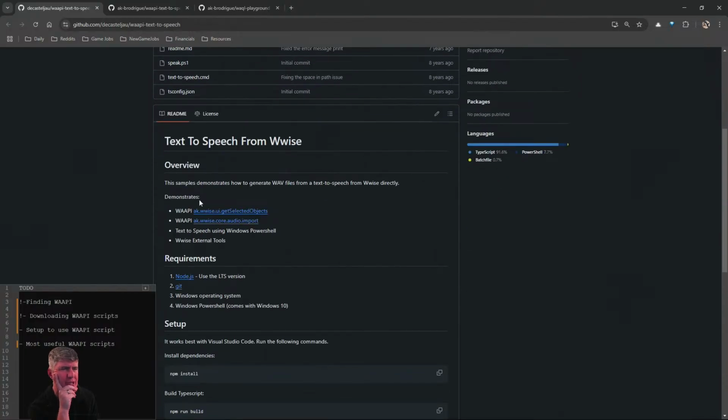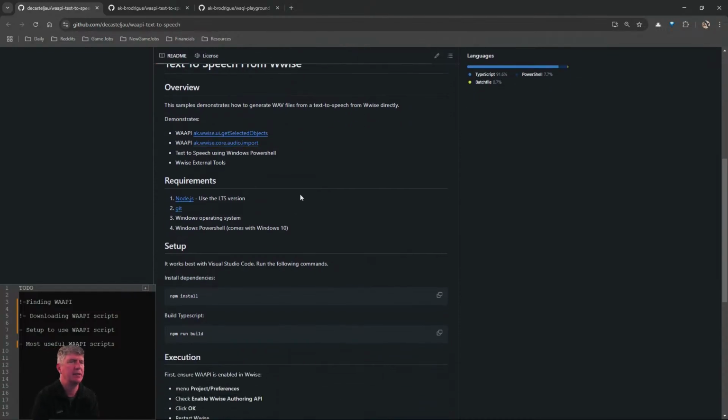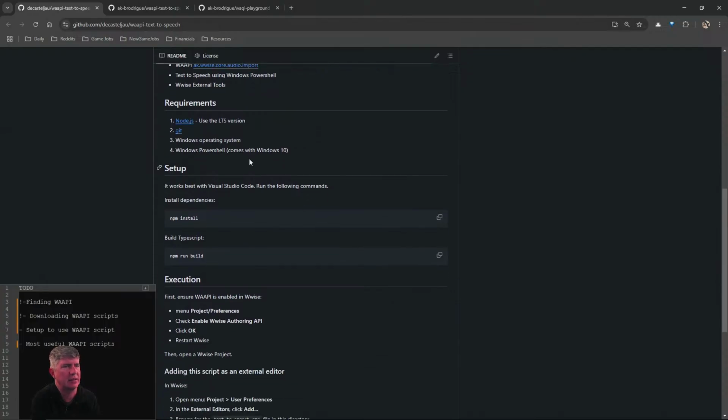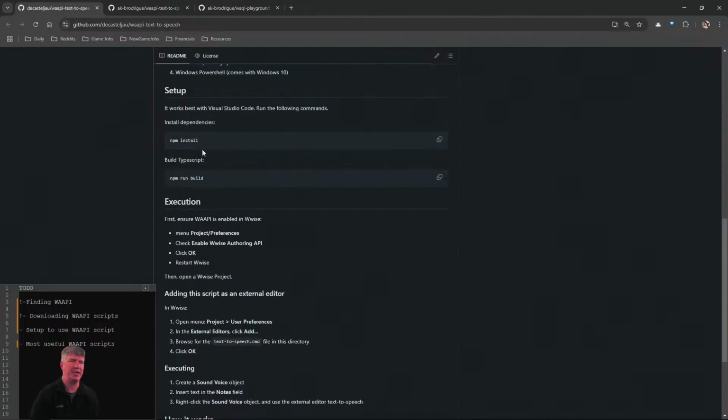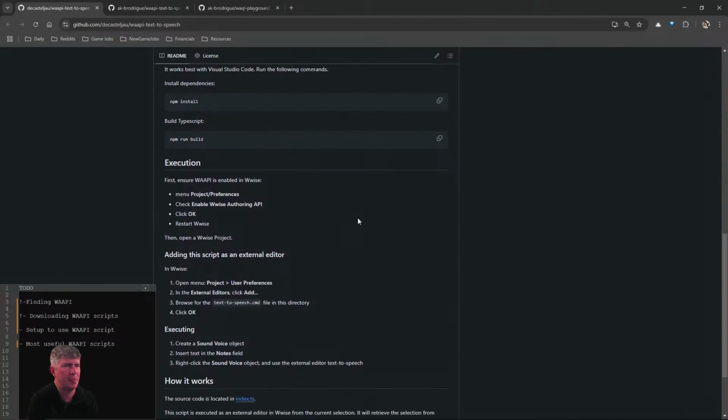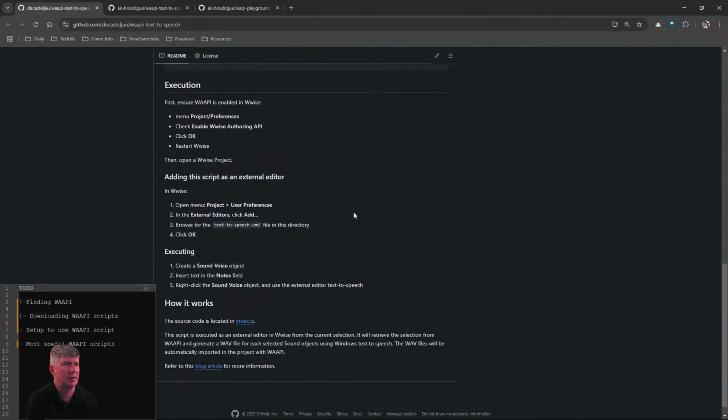Overview. Select this sample. The sample demonstrates how to generate WAV files, text to speech from Wwise directly. Needs Node.js, Git. It works on Windows. Run the same type of Node commands. Install, run, build. All right, so